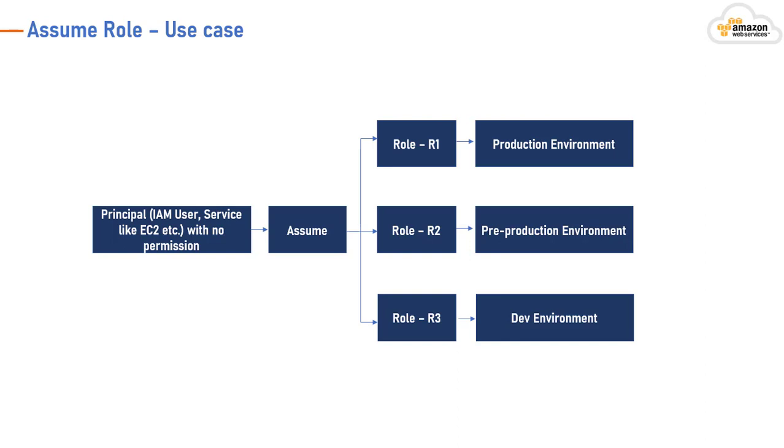He can deploy something into that environment. If the same user wants to make some changes into the pre-production environment, he can assume a role R2 and do that. If the same user wants to make some modification in the development environment, he can assume another role called